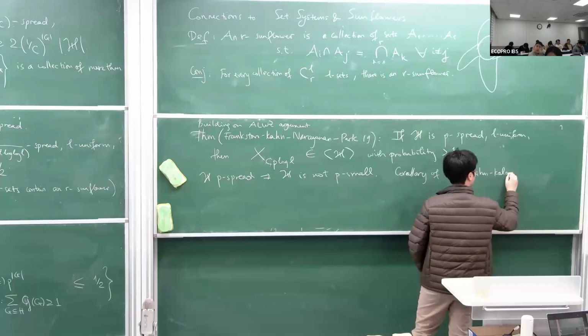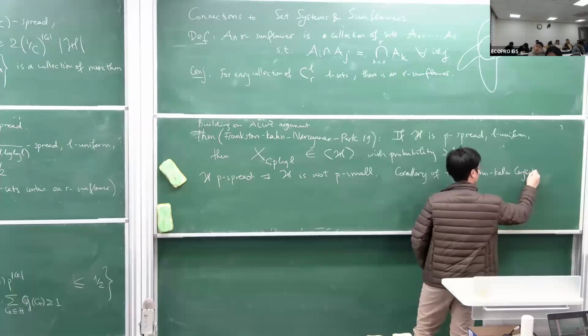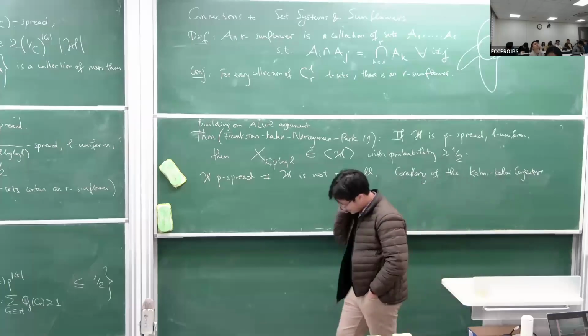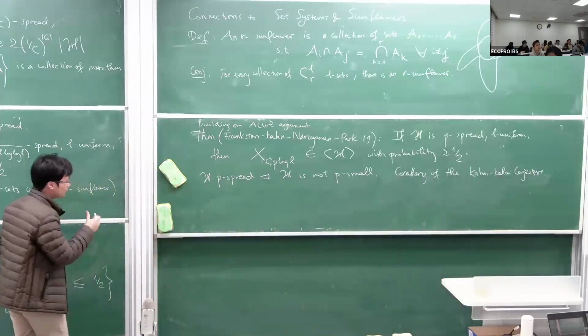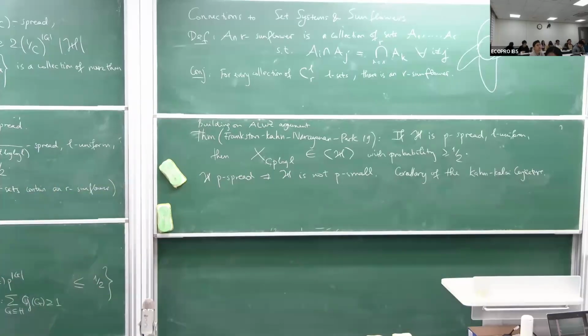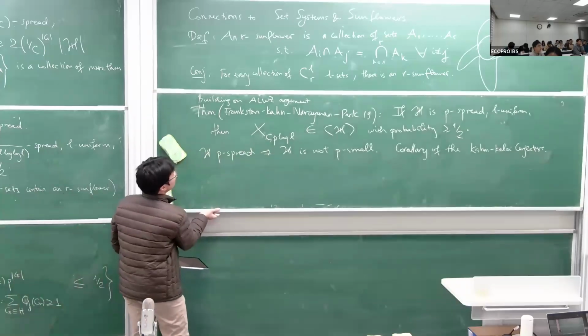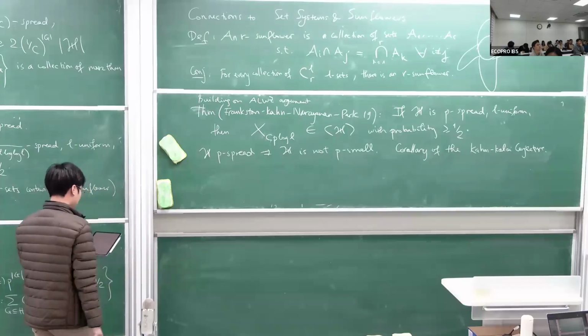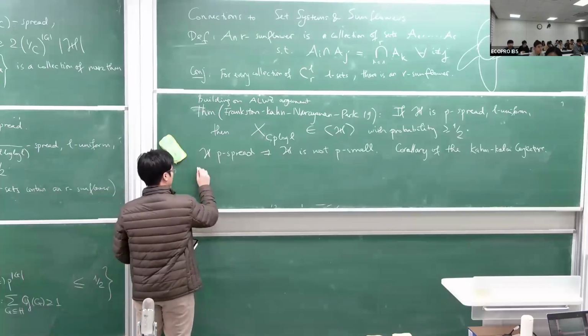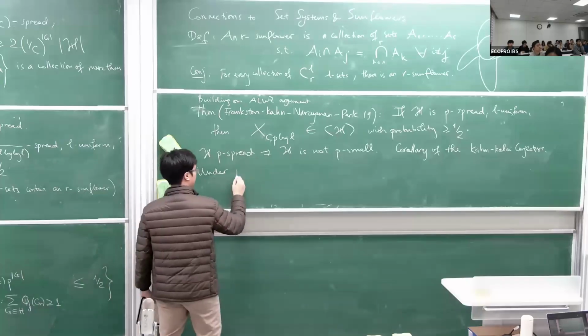But actually, instead of just saying that you can use the output, the Kahn-Kalai conjecture, to reobtain this statement, we can actually look into the proof that we had for the Kahn-Kalai conjecture under this stronger assumption, and let's see what kind of stronger property it gives. And how we're going to do this, because we will again do this for a few other applications. So hopefully this is useful. So under this P-spread setup,